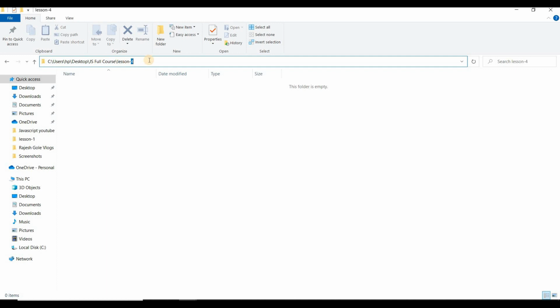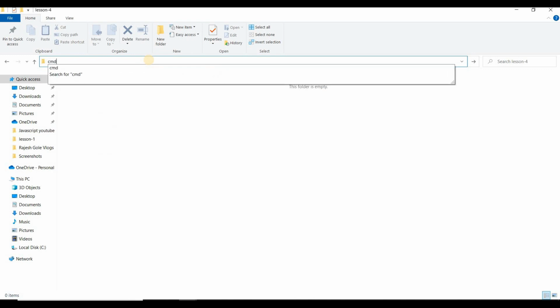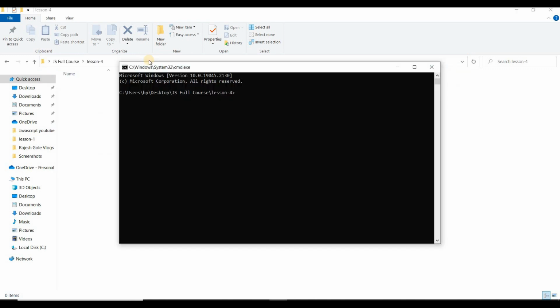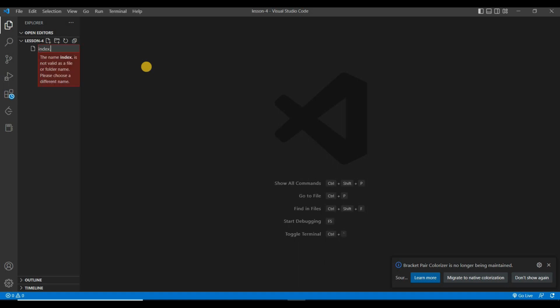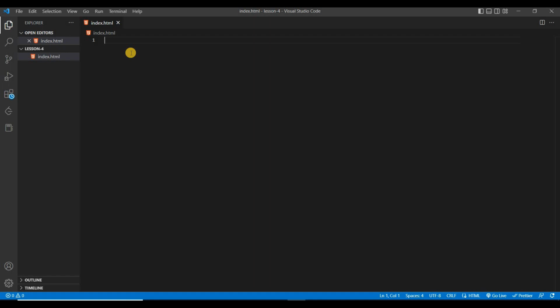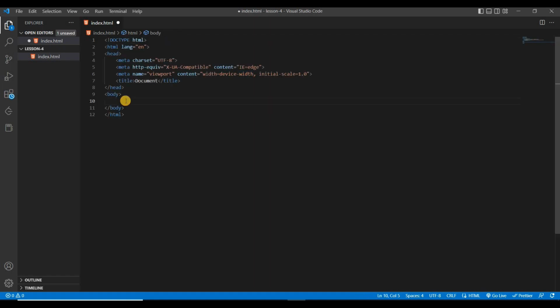to the VS Code editor directly using cmd, and then type here code space dot. Okay, now we are in the lesson 4 folder. Let's create a file here by clicking this new file, index.html. Okay, so let's write the basic HTML snippet here, and inside the body tag we'll write script